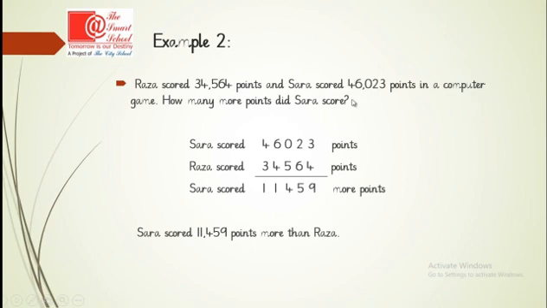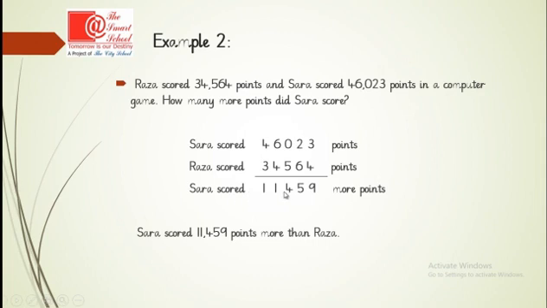Now again, first we have to identify what is given. So the given things are Sarah's score and Raza's score. And then what they are asking, that is how much more Sarah scored. So then we have to write it here. Then we have to strategize which function we have to follow. Yes, obviously we have to follow subtraction. So then we will arrange the sum and then we will subtract it. So after subtracting, we got this answer.